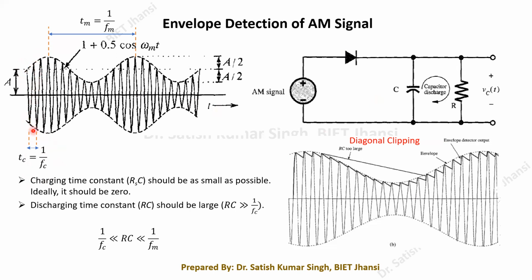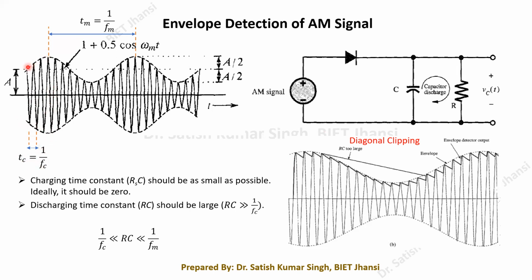Please do not bother about the definition of the time period requiring these two tips to have the same value. For a periodic signal we generally define the period as the interval after which it repeats the same value, but here that is not the case. We know the frequency is fc, the carrier frequency, so obviously this time period will be Tc equals 1 upon fc.